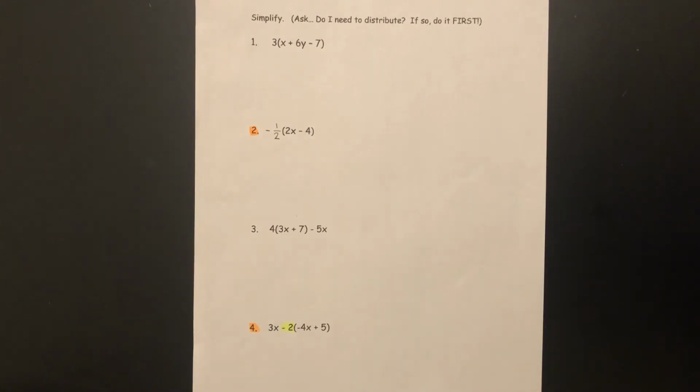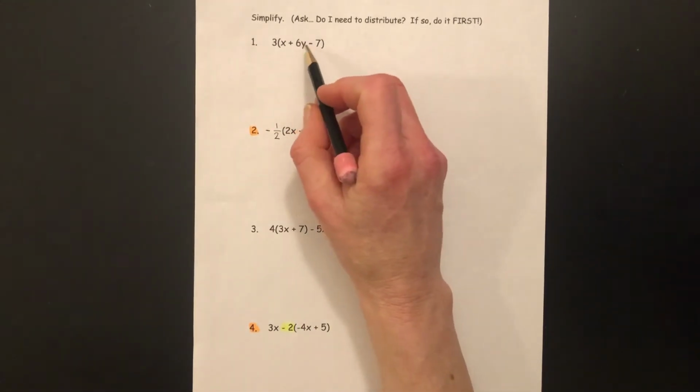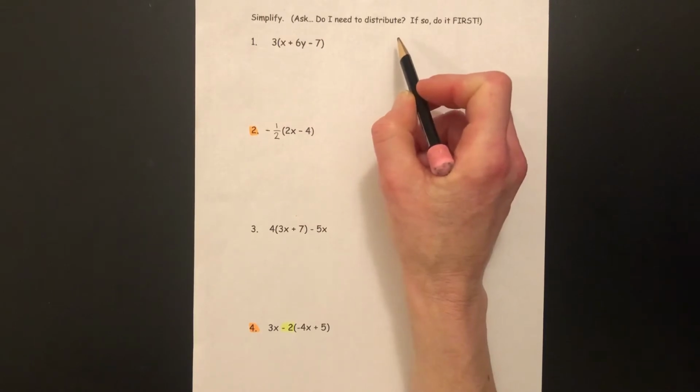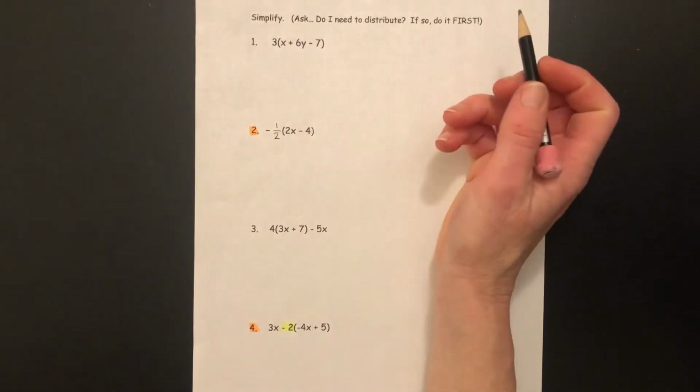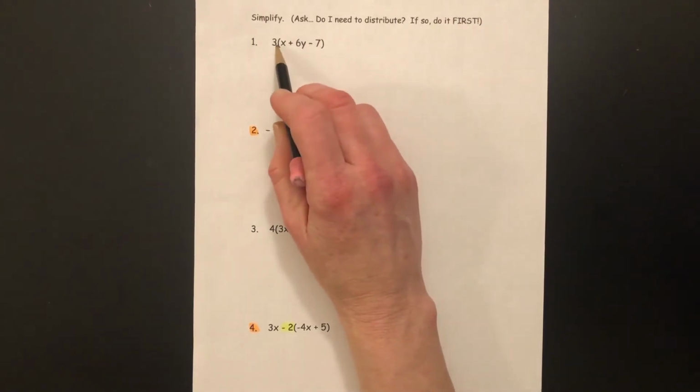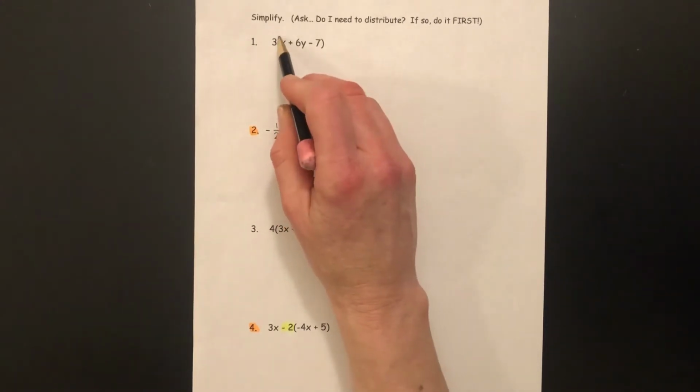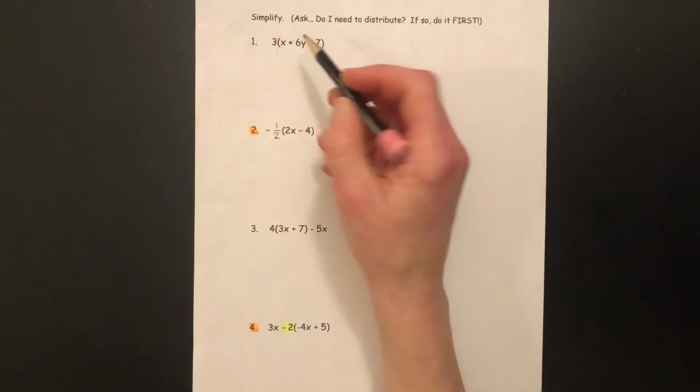The distributive property, page 17 and 18. Page 17, we are to simplify. It does qualify that with hint, hint. Ask yourself, do I need to distribute? If so, distribute first. When I look at each of these, there's no operation sign between this and the parentheses,